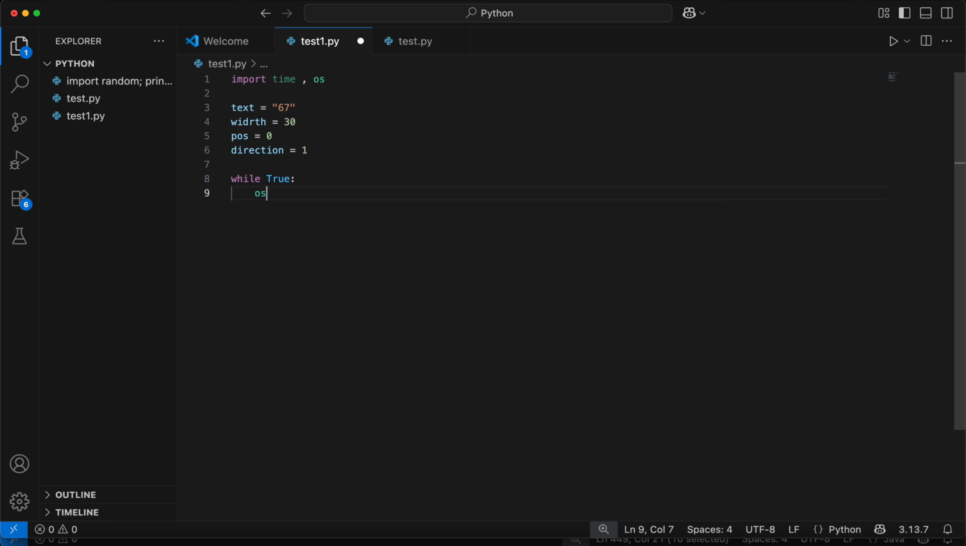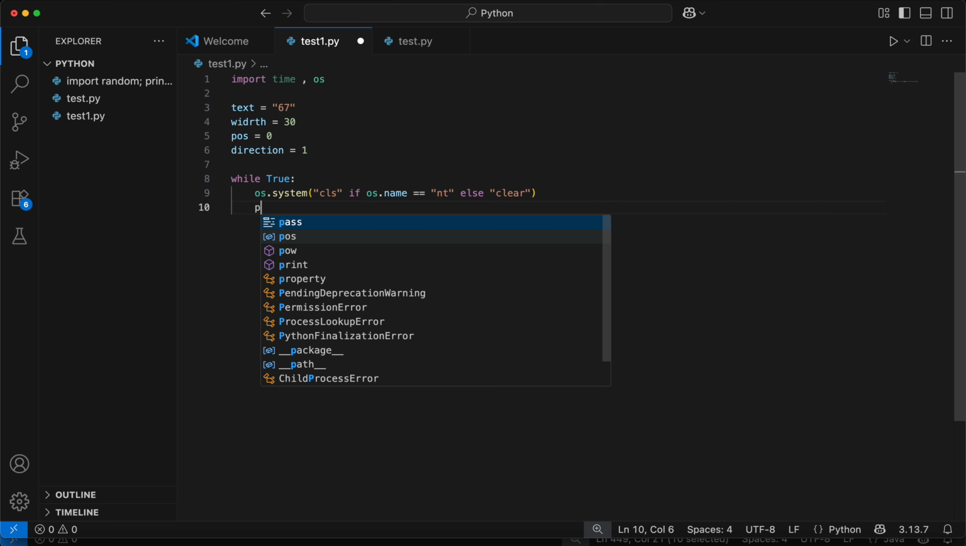As always we'd like to write the os.system cls if os.name equals in string nt else clear. So next we'd like to print